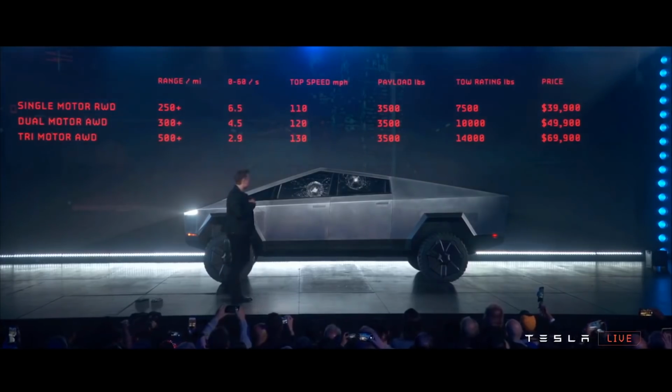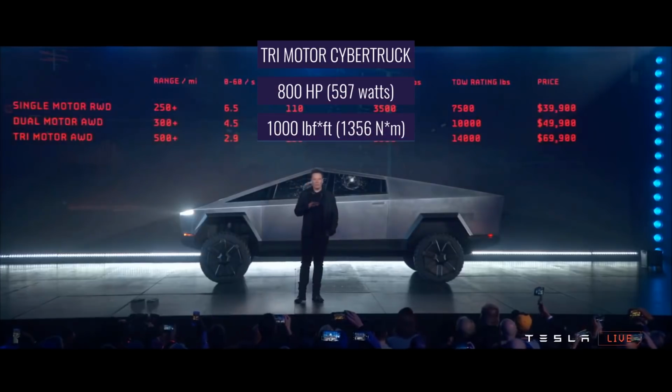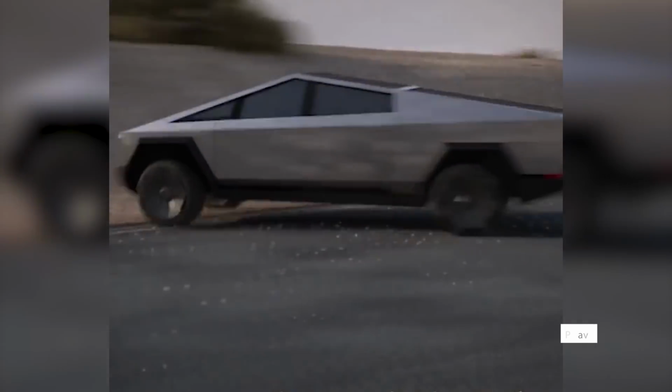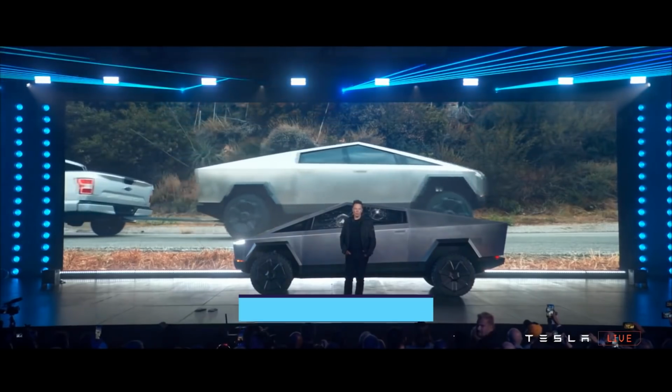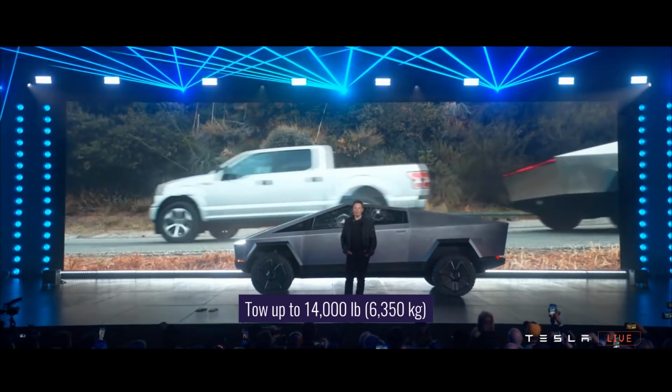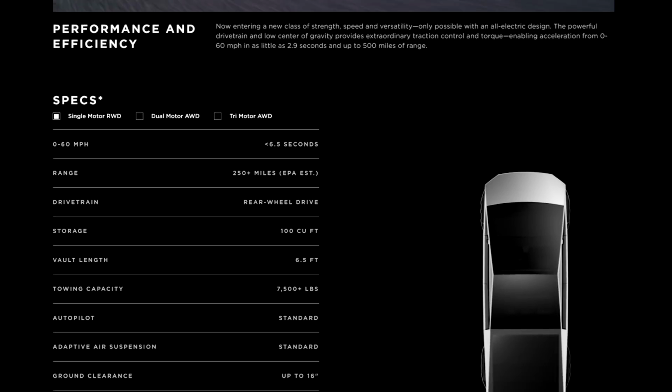You probably know that the premium tri-motor Cybertruck will have an estimated output of 800 horsepower and 1,000 pound-feet of torque, enough muscle to propel the burly electric truck to 60 miles per hour in 2.9 seconds and tow up to 14,000 pounds. But we're not here to regurgitate all of the Cybertruck's rumored specifications that have already been repeated